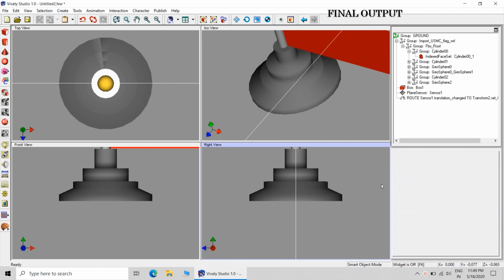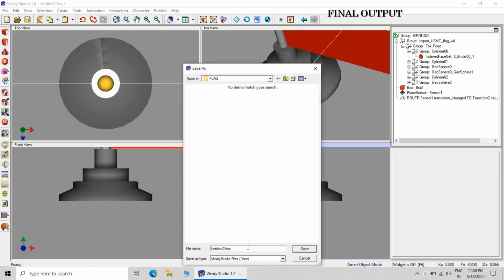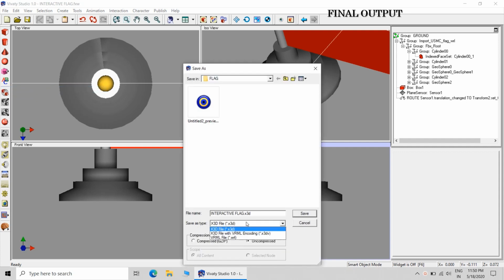On the y-axis I want that it should be only raised to 0.24. So this is the required file, the interactive flag VRML file.